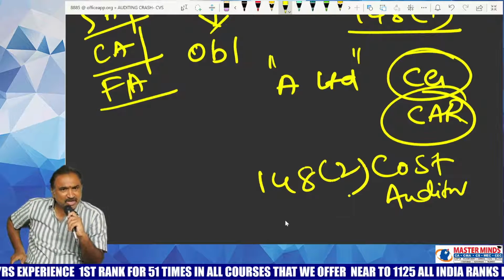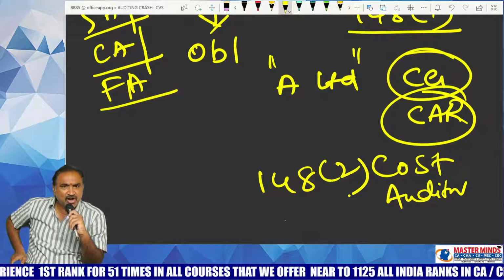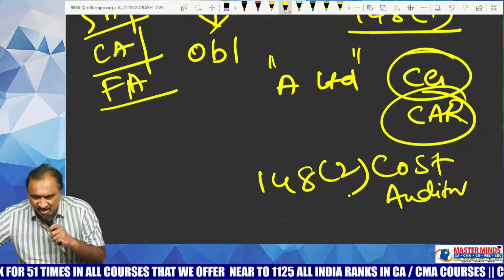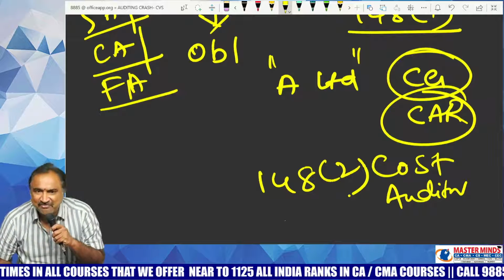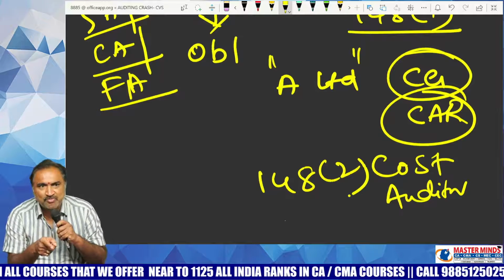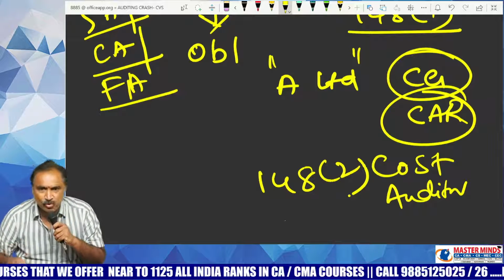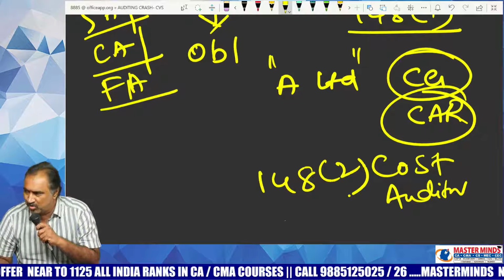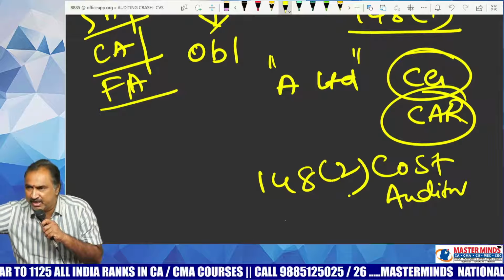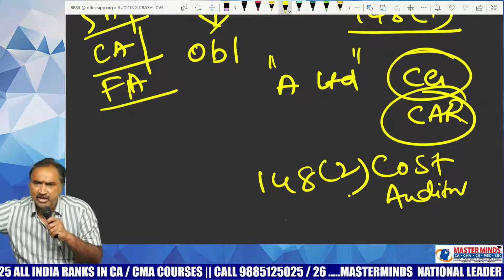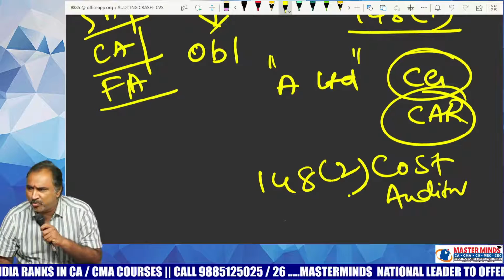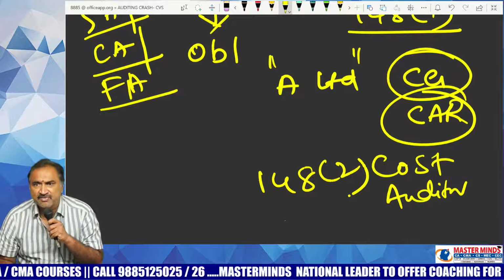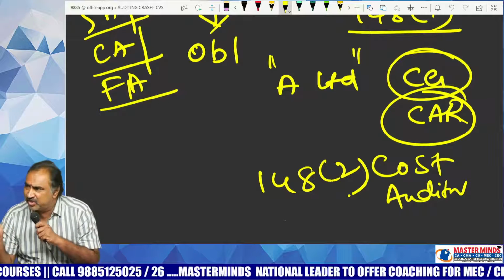What is the objective behind appointment of the cost auditor? For conducting audit of cost accounting records. You were appointed for conducting audit of financial records. That person has been appointed for conducting audit of cost accounting records. During the course of performance of audit, you want to have an access to the cost accounting records. The company denied access of cost accounting records to you on the ground that some other person has already been appointed as the cost auditor. He will verify the cost accounting records. Therefore, we could not provide access of cost accounting records to you. That was the response given by the company to you as an auditor. Do you agree with the contention of the company?